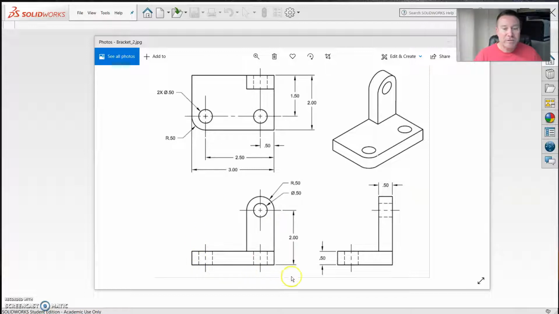With experience, you'll eventually figure out the simplest way to make this part with the least amount of moves. It's kind of like playing a chess game. I could easily build it off the front, the right side, or the top, but if I build it off the front, it's going to take at least 3 moves. I'll trace over all these components, extrude backwards, and then I'd come to the top plane and cut downwards, cut these components out,